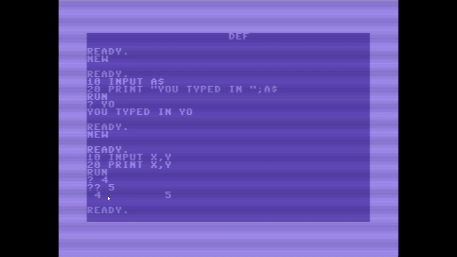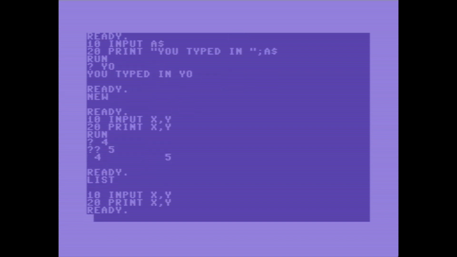I will show you that in a second. So let me list this program here again. I could also here, instead of the comma, use that semicolon as I showed in a previous snippet. Enter to overwrite it. I'm just going to reuse the R in ready. Let me arrow ahead,